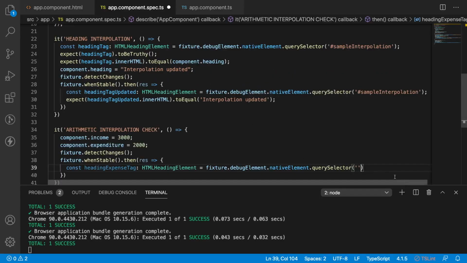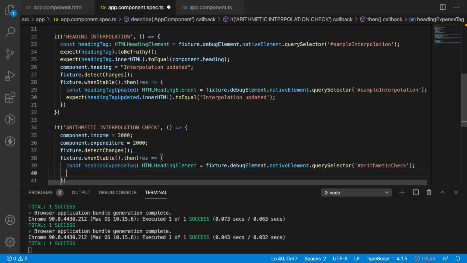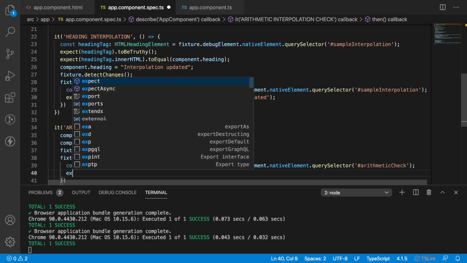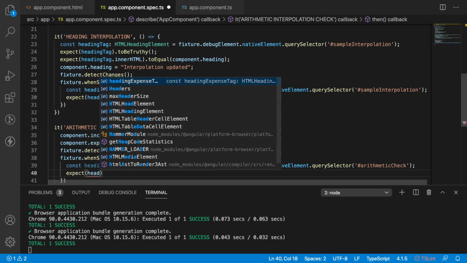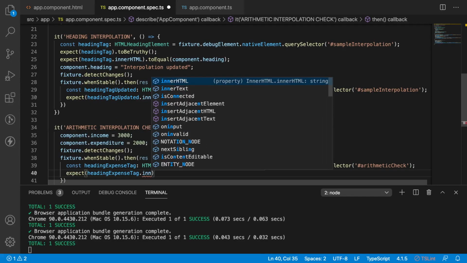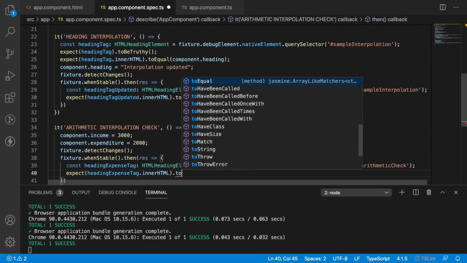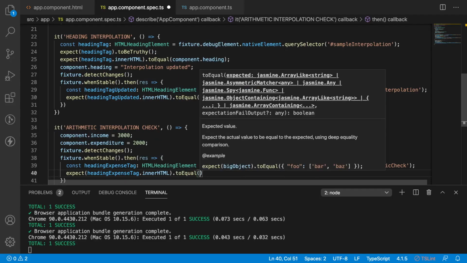Copy this, paste here, and it should be prepended with hash. Now my values have been updated, and what is expected? I'm expecting heading expense tag dot innerHTML to equal 3000 minus 2000, which is 1000.